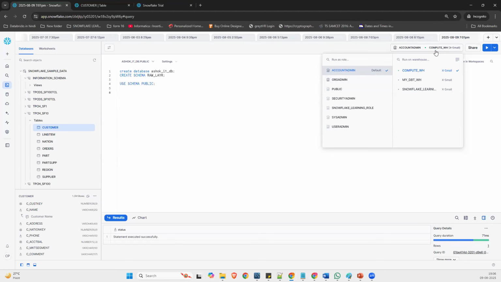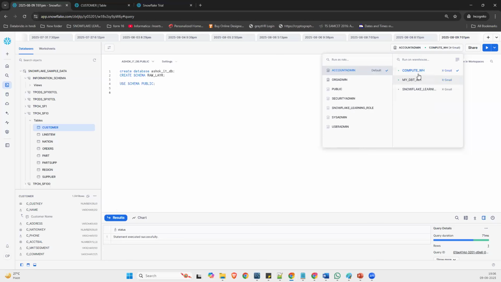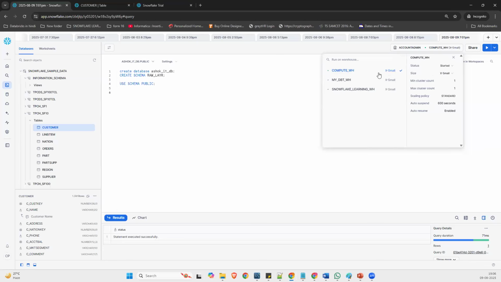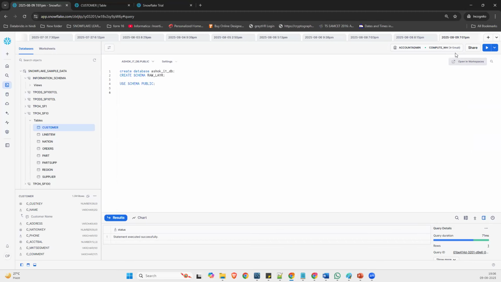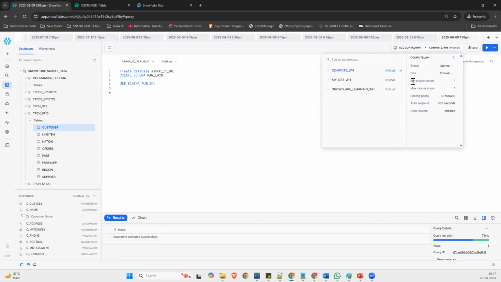And here, if you can see the compute warehouse, it is the default compute warehouse provided by Snowflake, but you can increase that warehouse, as I was talking about, right? Small, medium, large, XL. Here you can increase your warehouse size, your compute size. Moreover, about size, it has minimum cluster 1 and maximum cluster count 2. If you would like to increase, then you can increase.